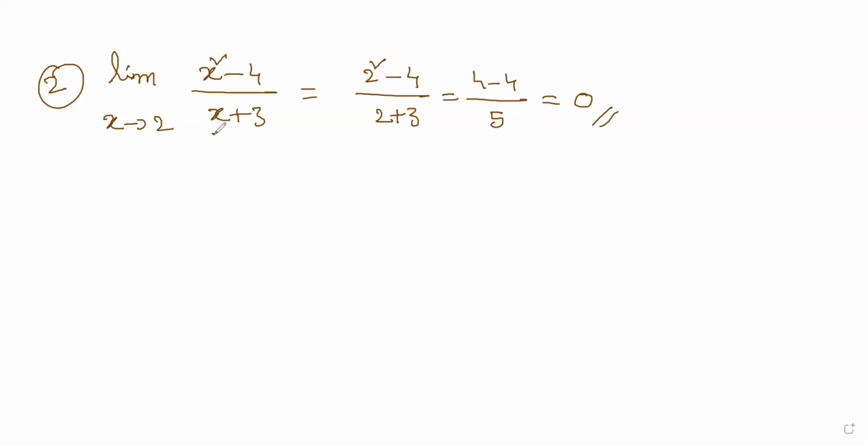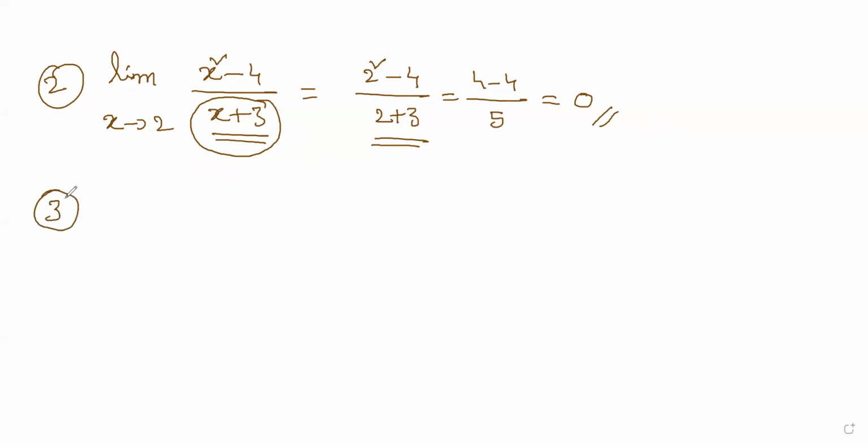No problem, because I didn't get 0 in the denominator. If your denominator is non-zero, no issues, Amma. You need not factor it and then do something. Like, if the denominator is not 0, you can just substitute the values and take the answer. No issues. As long as the denominator is non-zero, you don't have any issues with that.